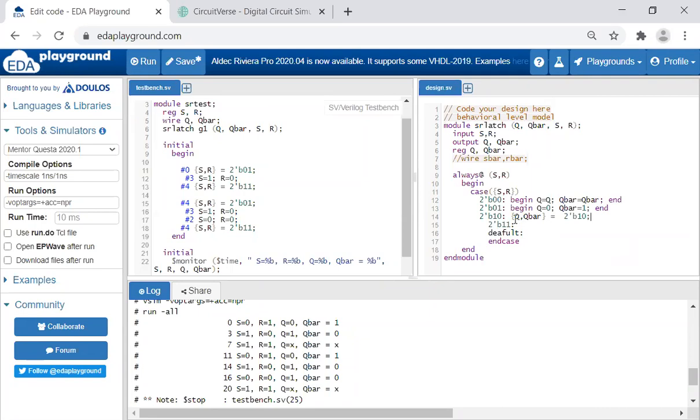Again, the same thing I can follow for the next one. In any of these designs, you can write. So here it will be Q comma Q bar is equal to, what is the last combination? It will be XX. Default, what is the default value we want? We can keep any default value. I'll keep the default value as 0. So now let us run it and check whether we are getting the results.